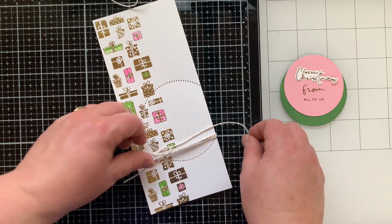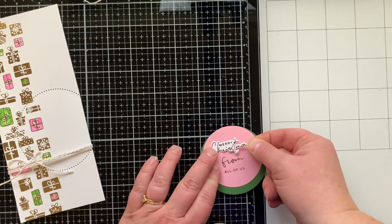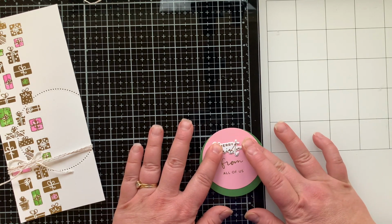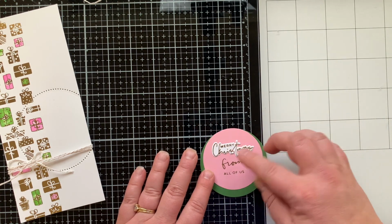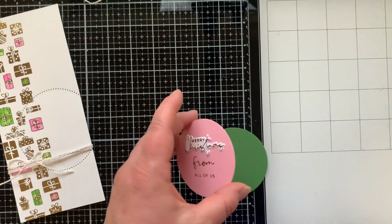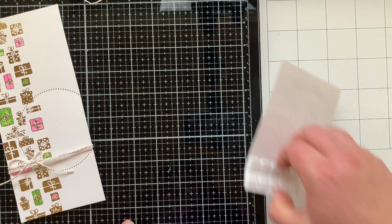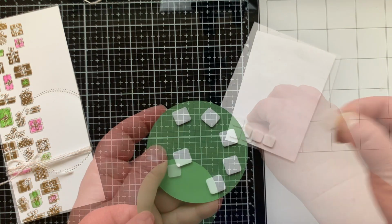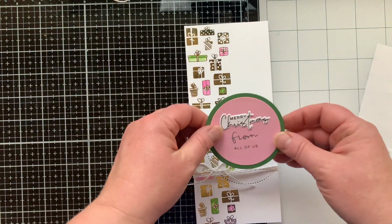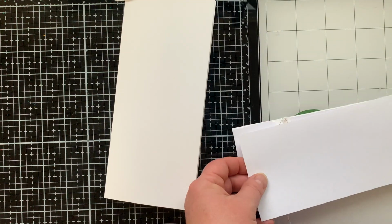I love doing that where I make a card and then I leave out all the same supplies and create a second Christmas card and they coordinate. It just takes out some of that brain work that you have to do when designing, and it helps you challenge yourself. Like, how can I use these things in a different way? So I'm going to pop my sentiment up on some foam squares and put it right in the center of that